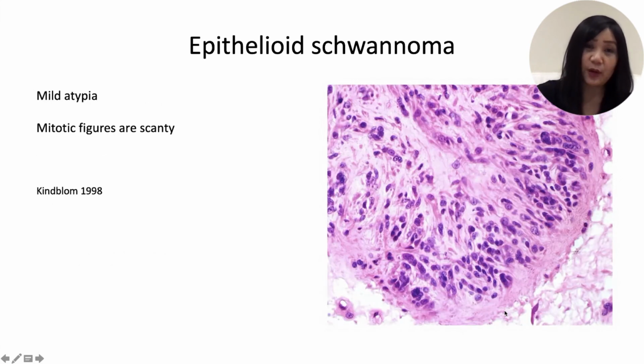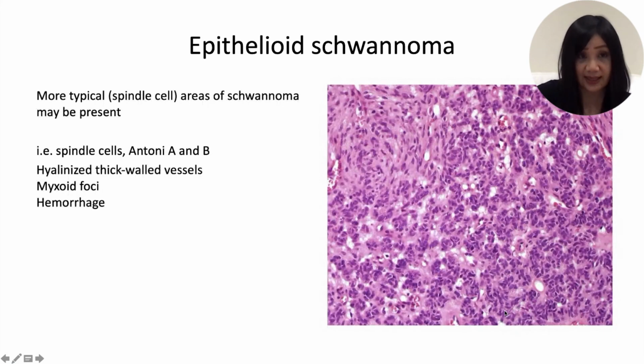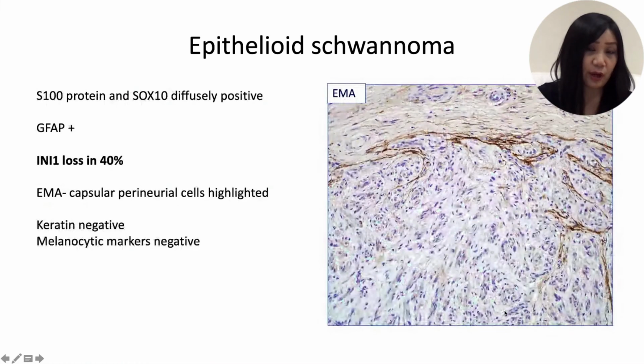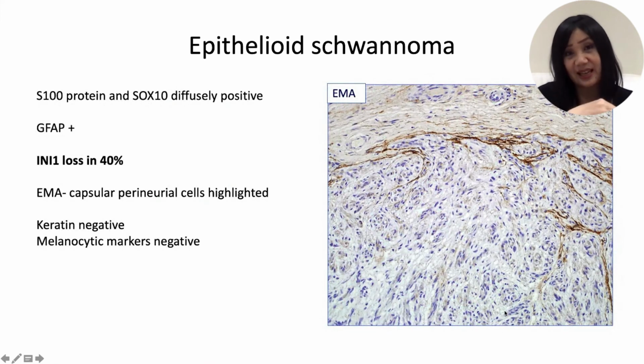The cytology is quite bland. There may be mild atypia. Mitotic figures are scanty. And a clue to the diagnosis is that there are frequently more typical spindled cell areas of more conventional schwannoma with Antoni A and B areas, and the hyalinized thick-walled vessels that we see in conventional schwannoma. This is a picture that Prof has already shown, but another clue to the diagnosis is the presence of